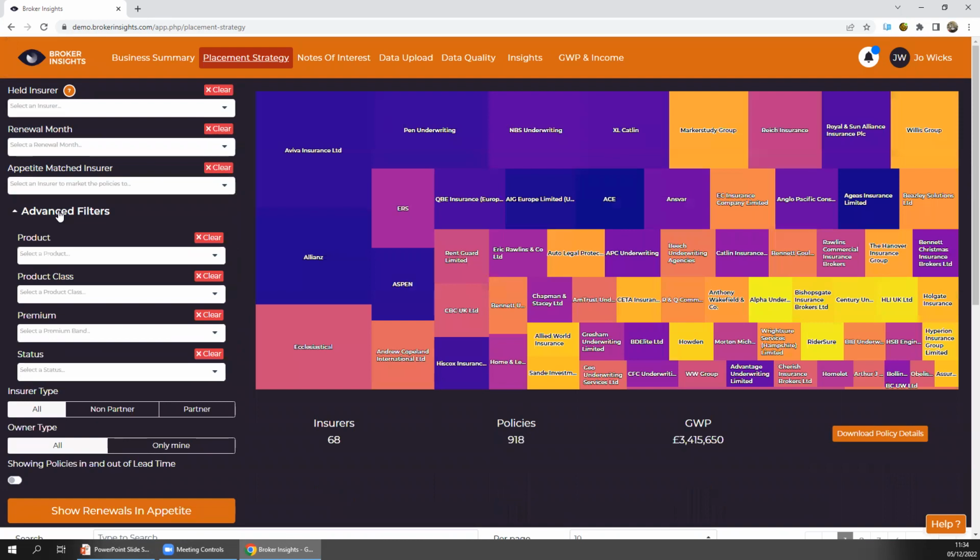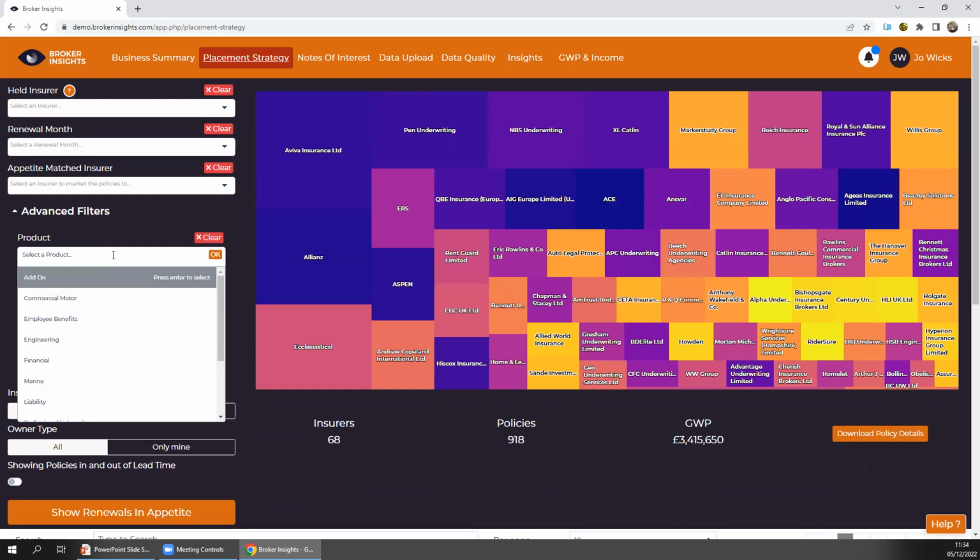Moving on from there, you've then got the advanced filters. This allows you just to drill into that data a little bit more detail. You can filter by product, your overall products, so things like your commercial motors, your engineering, liability, package and property, and so on. But there's loads of classes that make up those kinds of